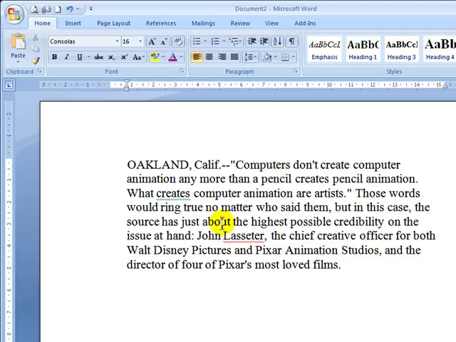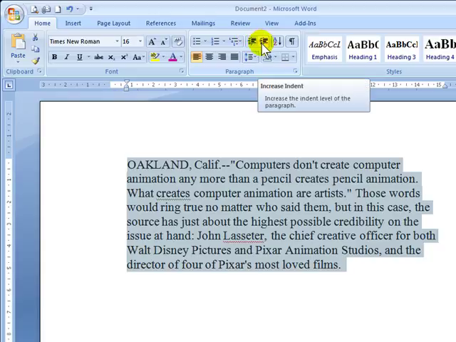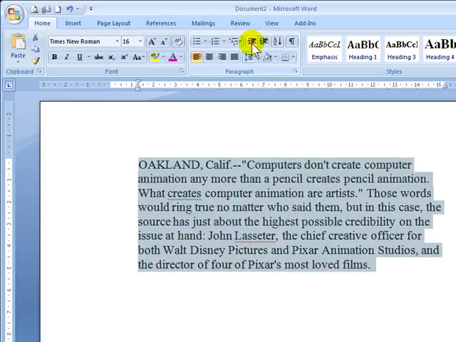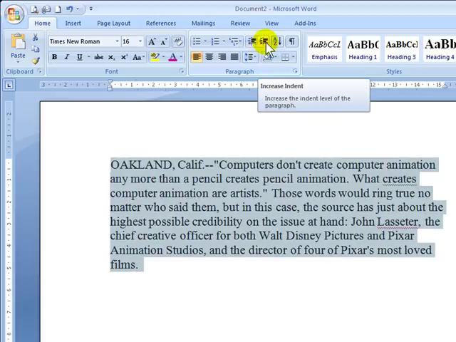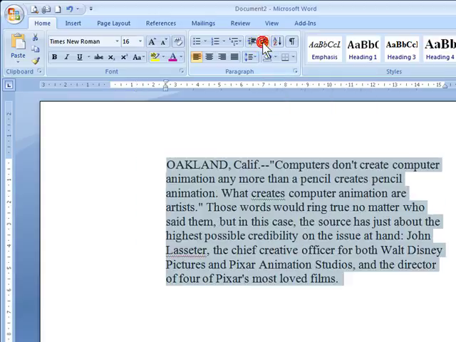Let me click 3 times to select the entire paragraph. I'm at the Home tab looking at the Paragraph group, and in the Paragraph group you have these two icons, called Increase Indent and Decrease Indent. Now interestingly enough, if you were to click on Increase Indent, of course the text will be indented